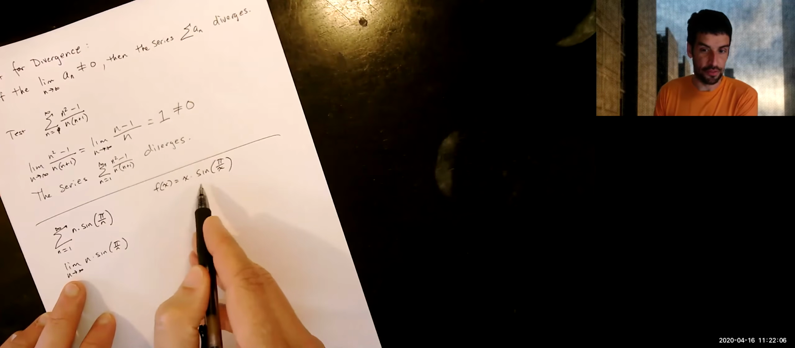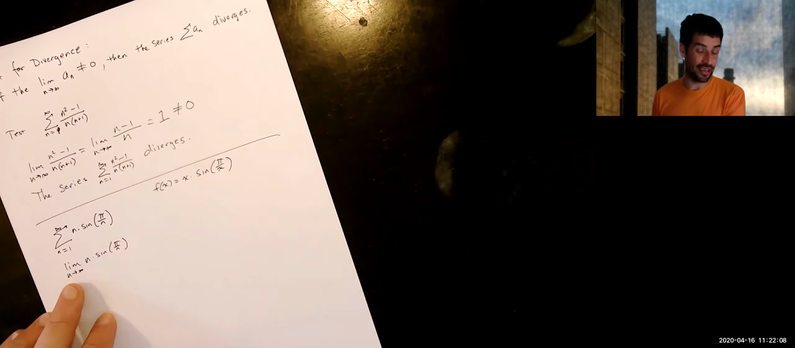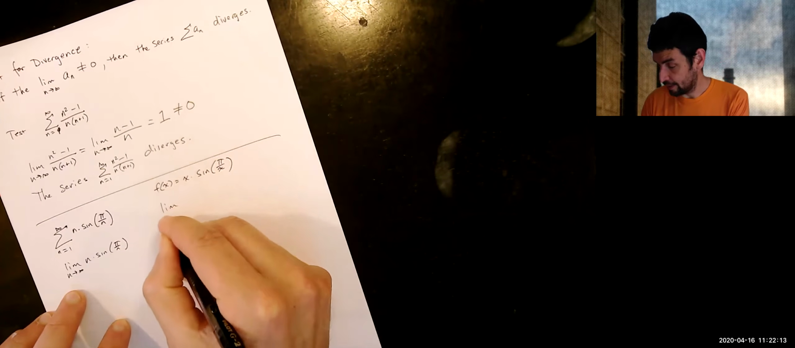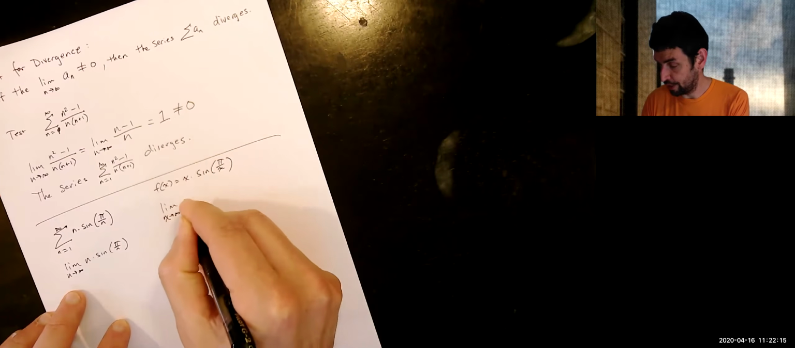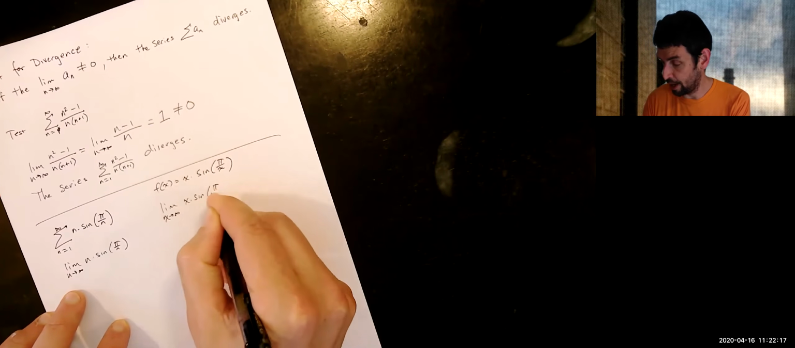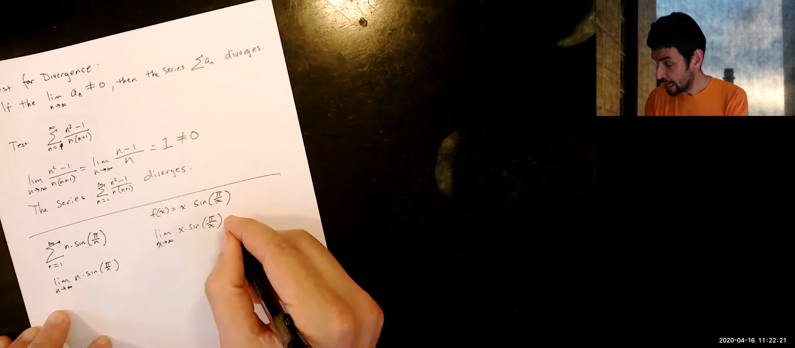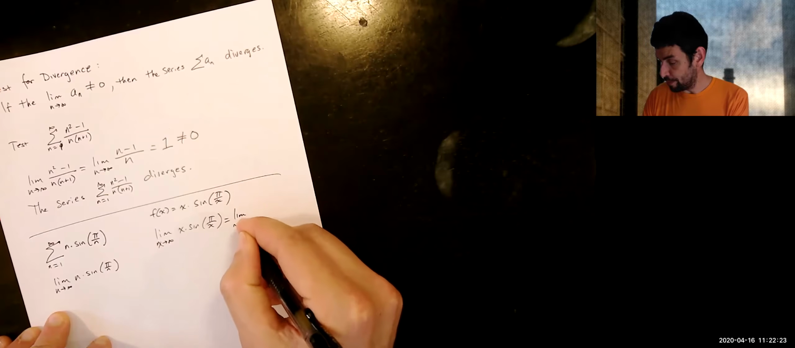It's just more comfortable for me to look at it in terms of x because I'm thinking about it as a function right now and taking its limit. And let's take this limit as x goes to infinity of x times sine of pi over x. Same argument there, we've got infinity times 0. We might remember a trick